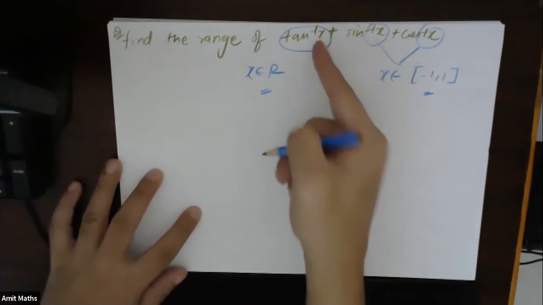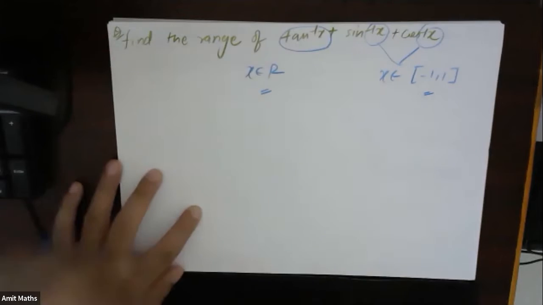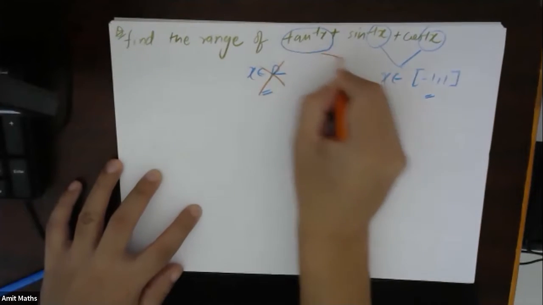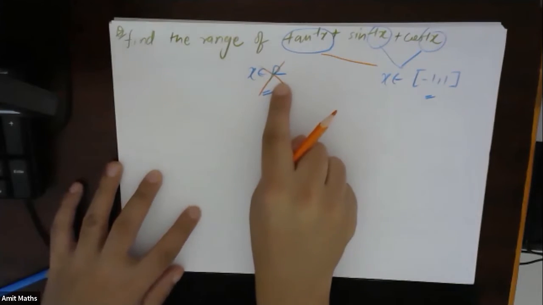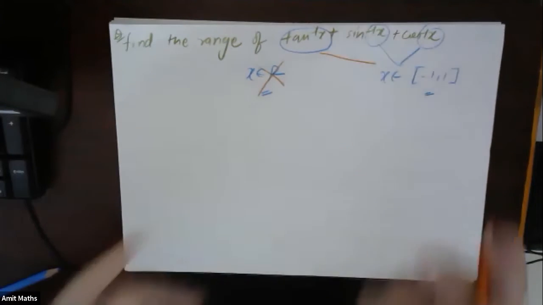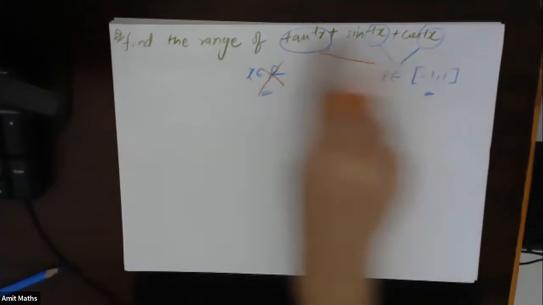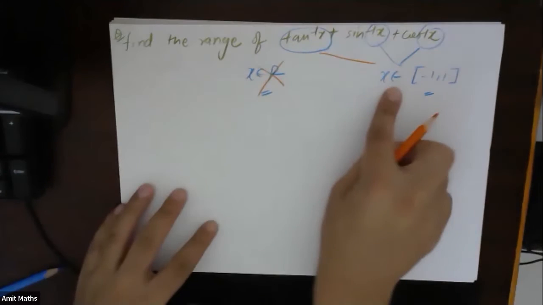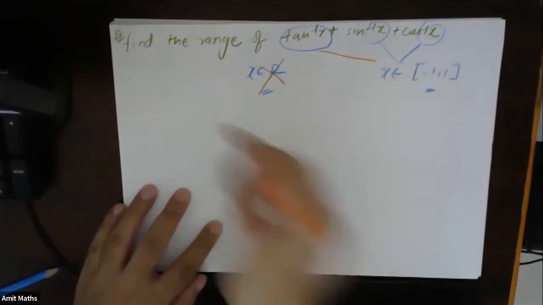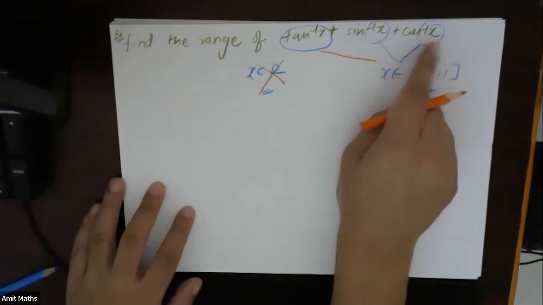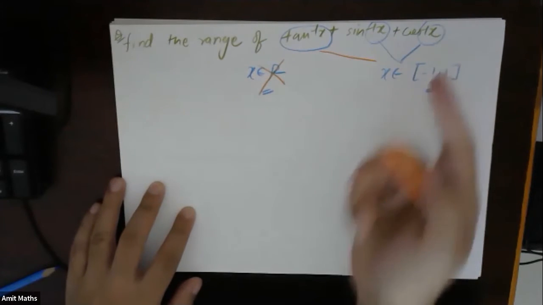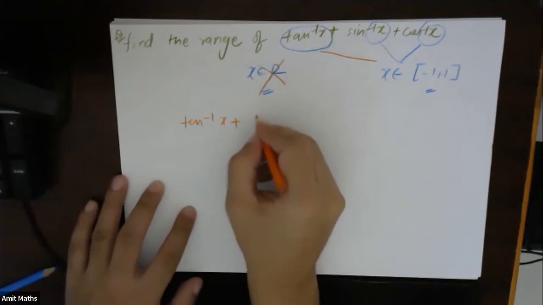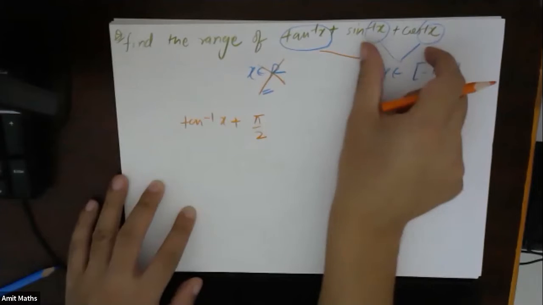So that means here for tan inverse x, x will not belong to R, right? But x here belongs to -1 to 1, because if x is 2, sin inverse of 2 means nothing, cos inverse of 2 means nothing. So this whole function will never take 2 as an input, right? Now when we have figured this out, we'll simply say that sin inverse of x and cos inverse of x between -1 to 1 is nothing but pi by 2. So we have tan inverse of x plus pi by 2. So, right, this will always be equal to pi by 2.